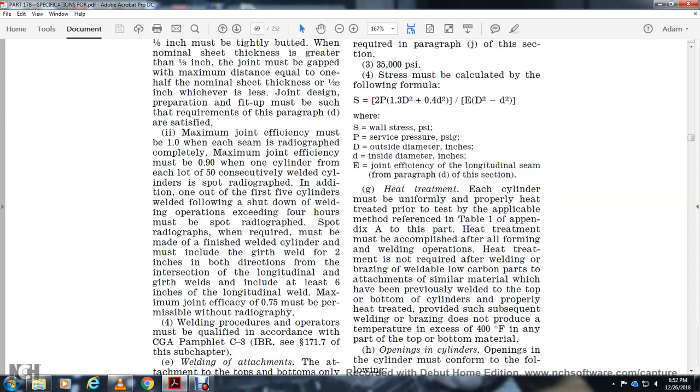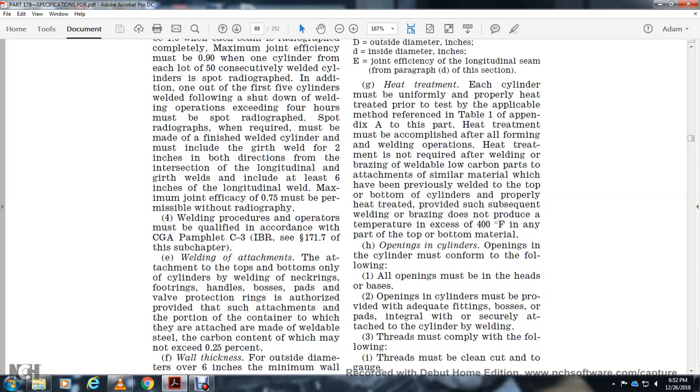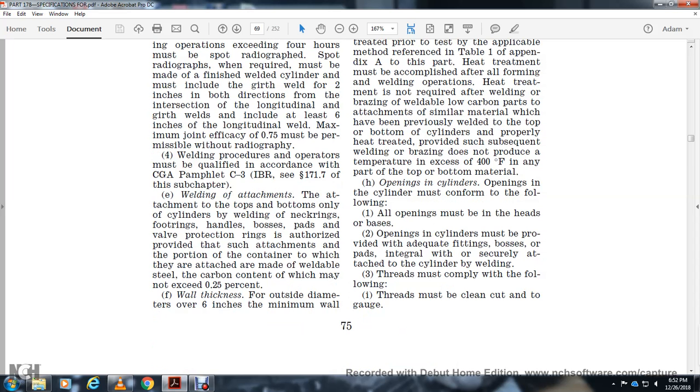Procedure and operators must qualify in accordance with CGA Panel C3. Welding of attachments: attachments to the top and bottom only of the cylinder, such as welding neck rings, foot rings, hand bosses, bottom pads, and valve protection rings, are authorized, provided the attachment protection portion of the container is made with weldable steel with carbon content not exceeding 0.25%. Wall thickness: outside diameter over 6 inches, minimum wall thickness